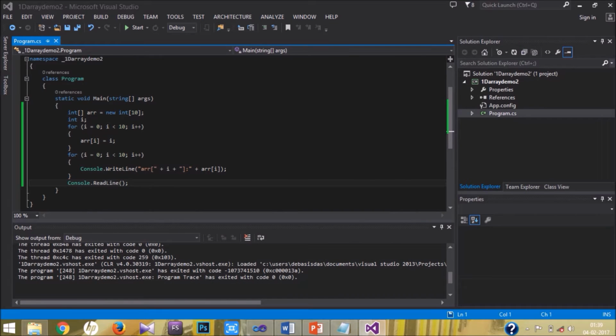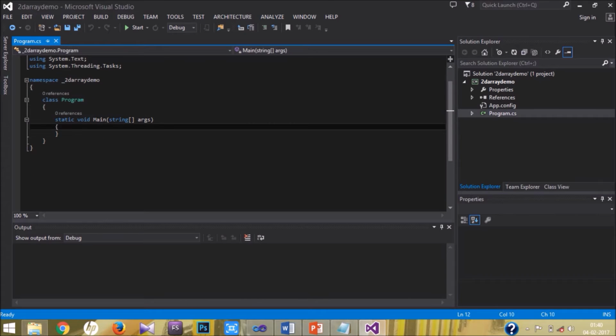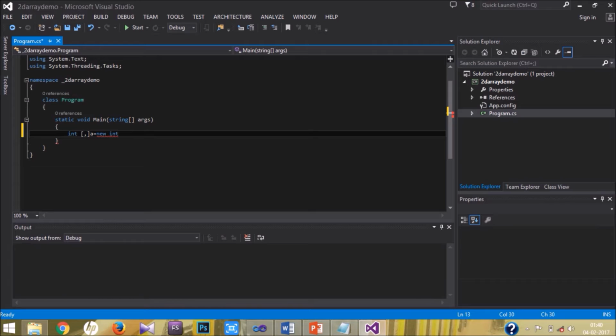Okay, fine. So I'll just write int[,] a equal to new int[,], and I just print like 10 comma 20 comma 30 comma 40